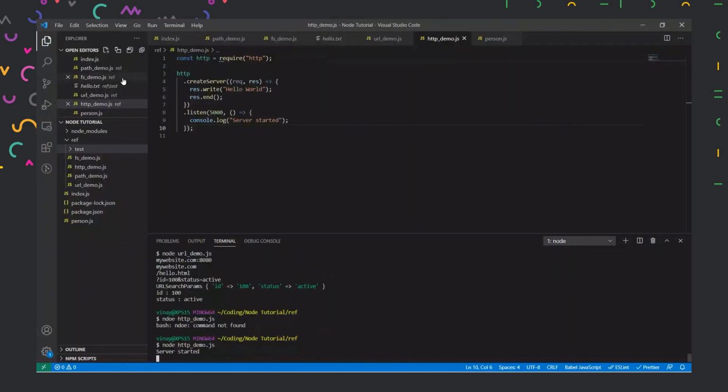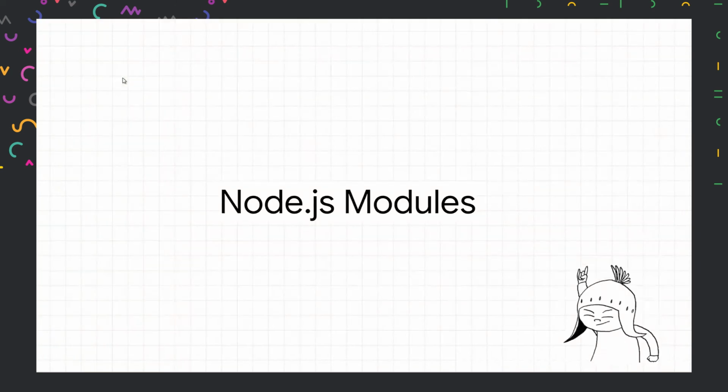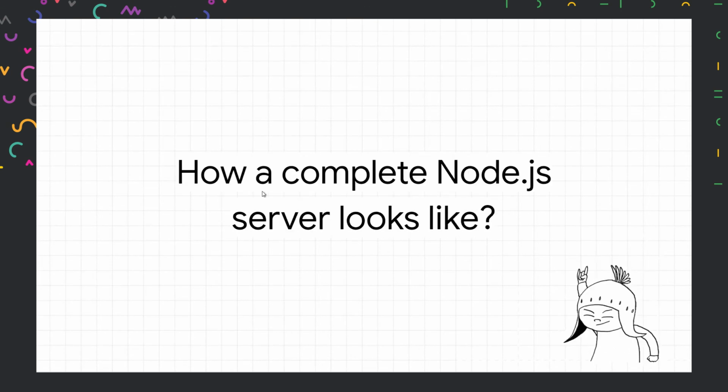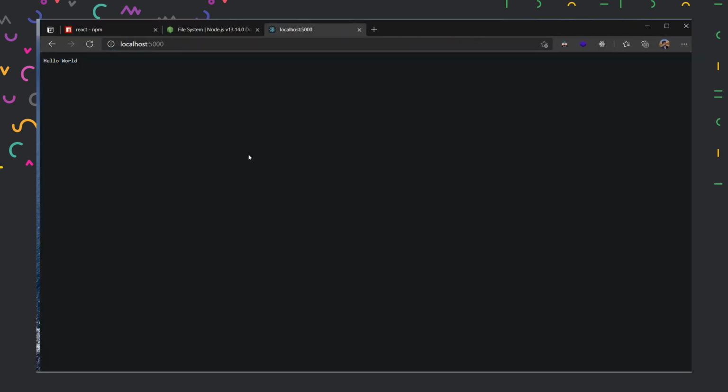And now this session is going very long, right? We've studied about not all the Node.js modules, but some of it and the most important modules or the most important objects present inside it. So what is the next part? We saw how a Node.js server looks like, but what does a complete Node.js server look like? Because we haven't seen a website which will just show hello world to us, right? There are a lot of elements inside it.